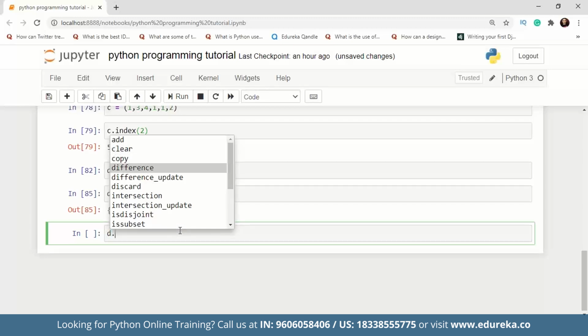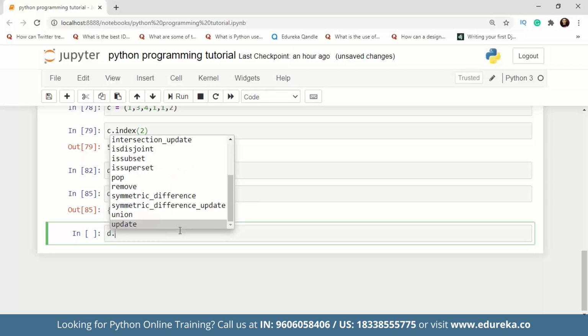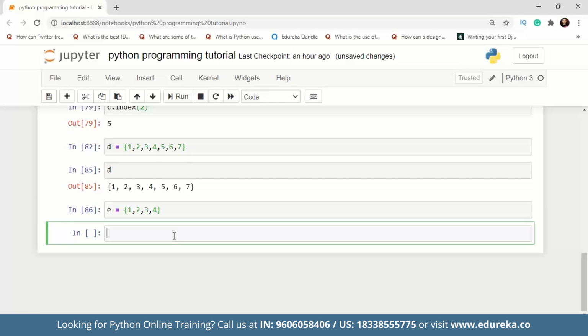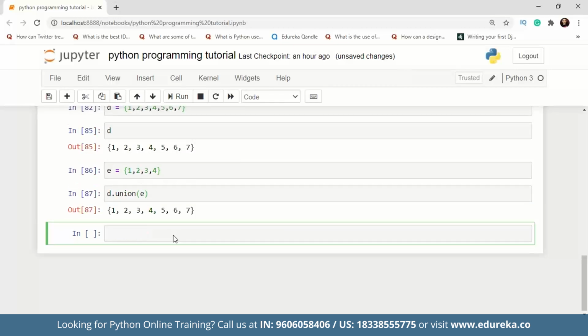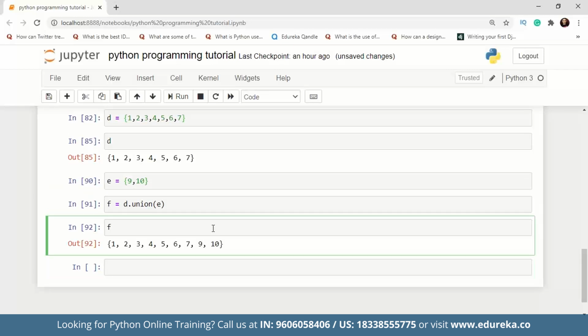All right, but we have all these methods that come with the set data type, which basically implement the set operations that you must have heard about when you were learning set theory. So it gets subset, superset, and so on. So we will have one more set, and now we will do a union, guys. Let's see if it works. All right, so let's change a few values here. 9 and 10 we'll add. So we have just done a set operation, the union of two sets available to us.